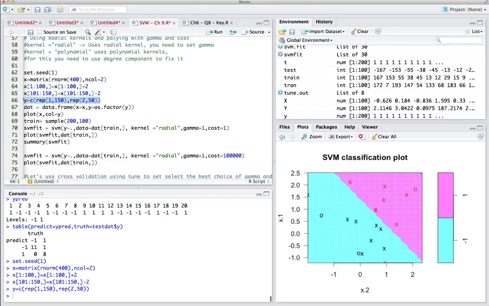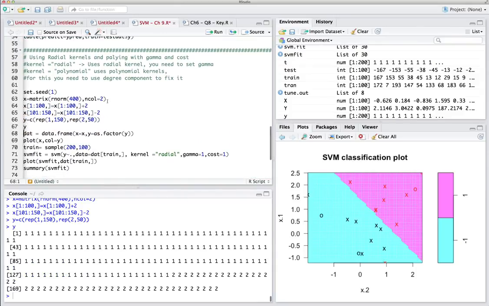So let's look at y now. So as you can see, the first 150 observations are non-middle class, and the last 50 observations are middle class. So among those, 100 people are high income people, 50 people were low income people. So let's attach all these values to each other,